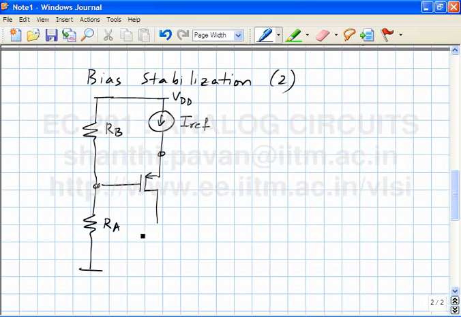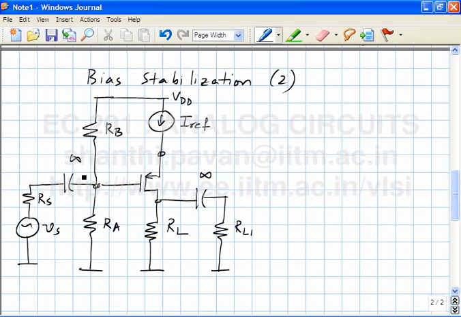What do I do with the drain? It is an amplifier, so it needs a source and a load. Connect RL, okay. If I am not happy with DC current flowing through the load resistor, I could capacitively couple another load RL1. The last thing to do is add the source. So what would I do? So am I done with my common source amplifier, or am I missing something?